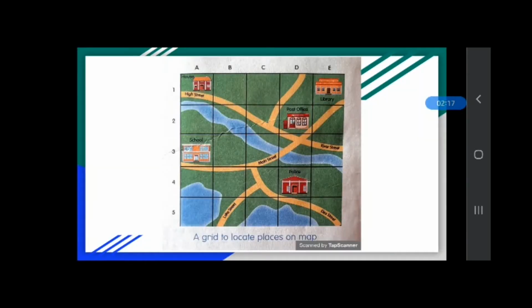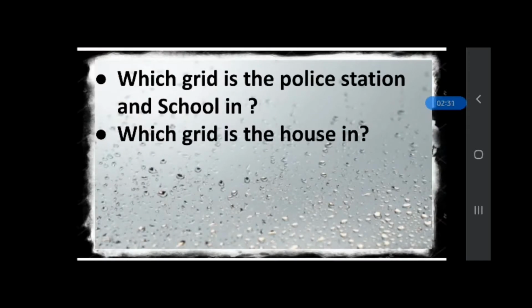Now open your content book and you can see this picture in your content book. You need to observe this picture and find. I will tell you how to find which grid the police station and school are in, and which grid the house is in. Okay, and how to find the police station, for example?